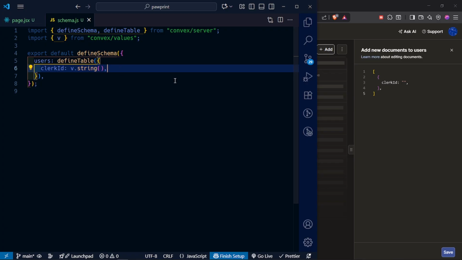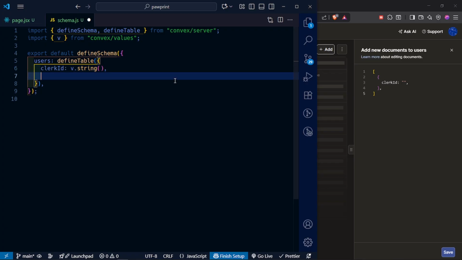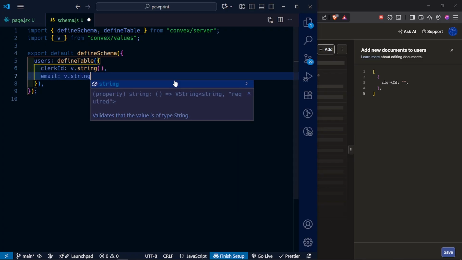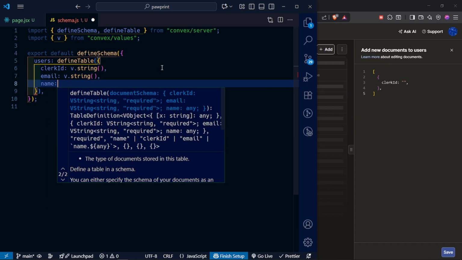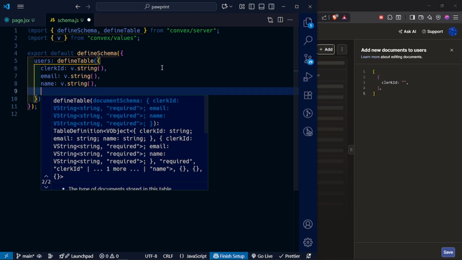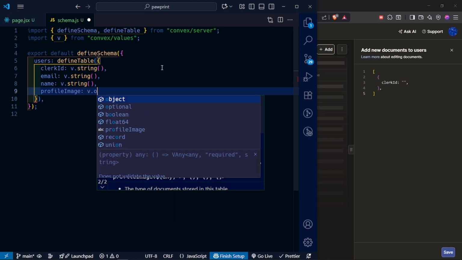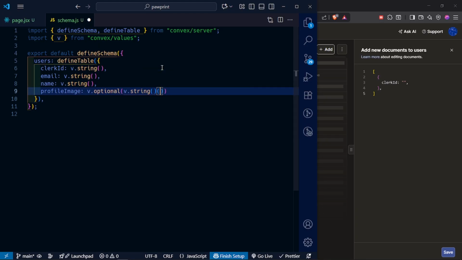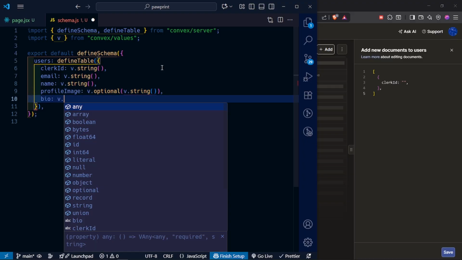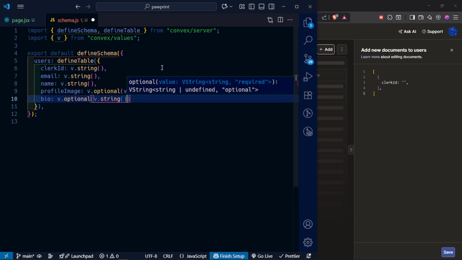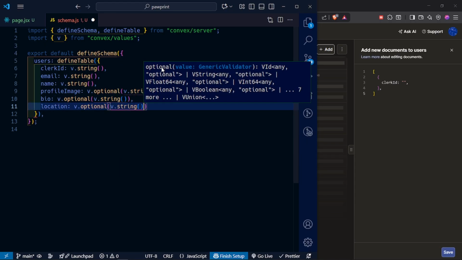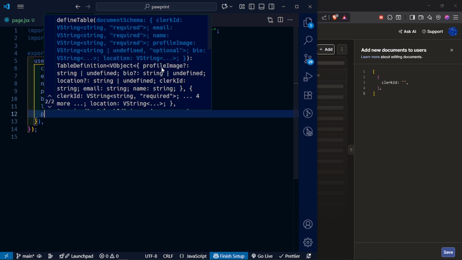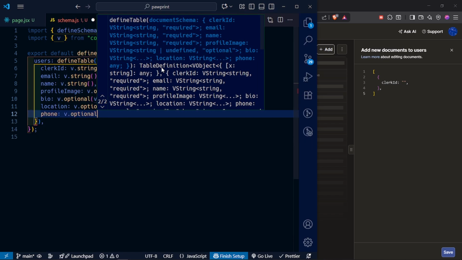But if you go ahead and continue building it out, because it requires quite a few things, so the email v.string, and then the name v.string, and then the profile image v.optional, and then v.string, and then the bio of the user, so v.optional, v.string, and then the location v.optional, v.string, and then the phone number v.optional, v.string,